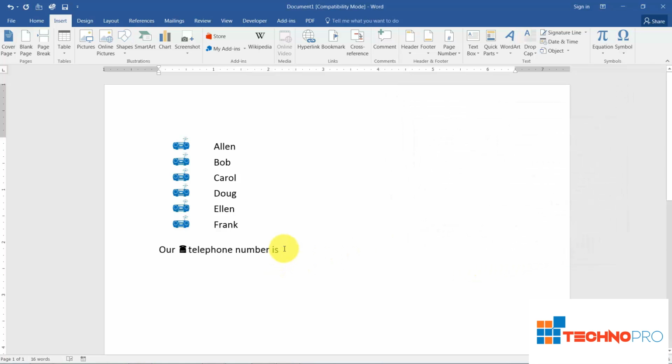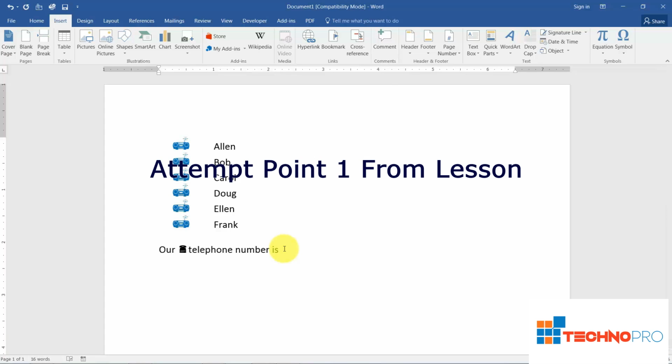That's all there is to working with bullets, and in this case, symbols as well. We've got one more section in this particular module, creating an outline. So I want to go over that with you because we're going to use numbers and or bullets to